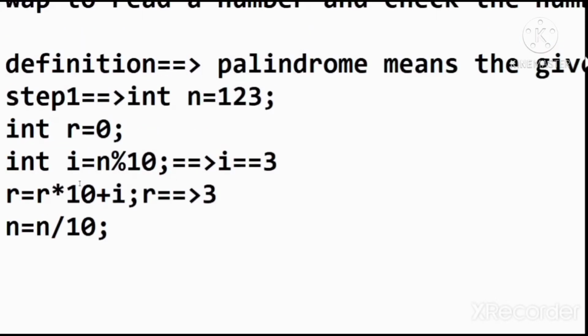After that, to calculate the value of n, n is divided by 10.